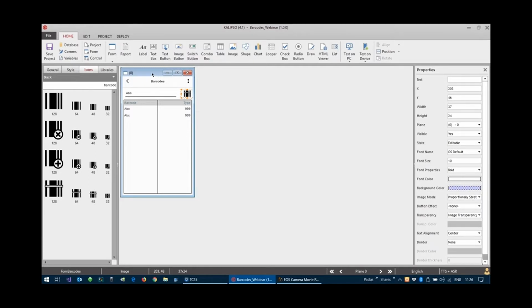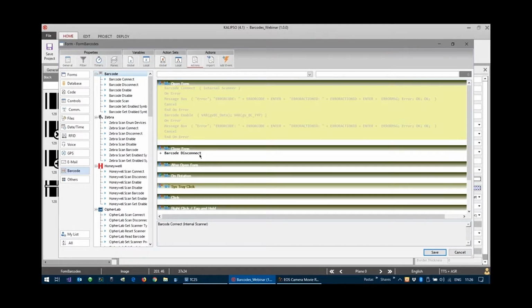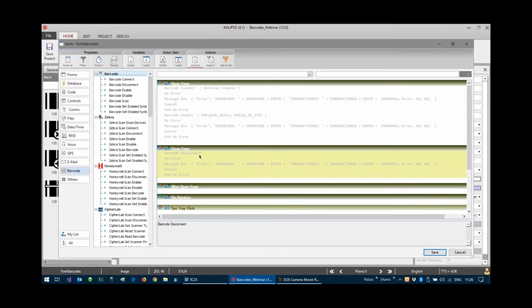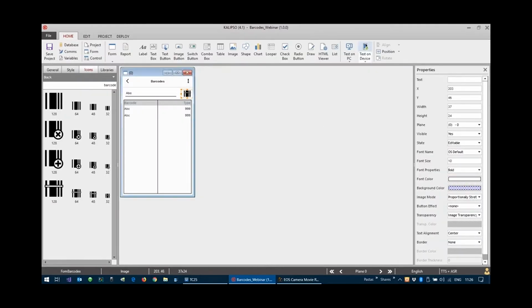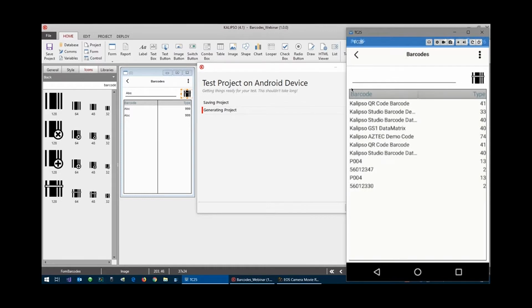So I'm going to do that. I'm going here to emulate a device that doesn't have any scanner. I'm going to just simply comment these actions. From this moment, I won't be connected to the optical reader with the Kalipso application. And then if I use the scanner, this button, the barcode scan,